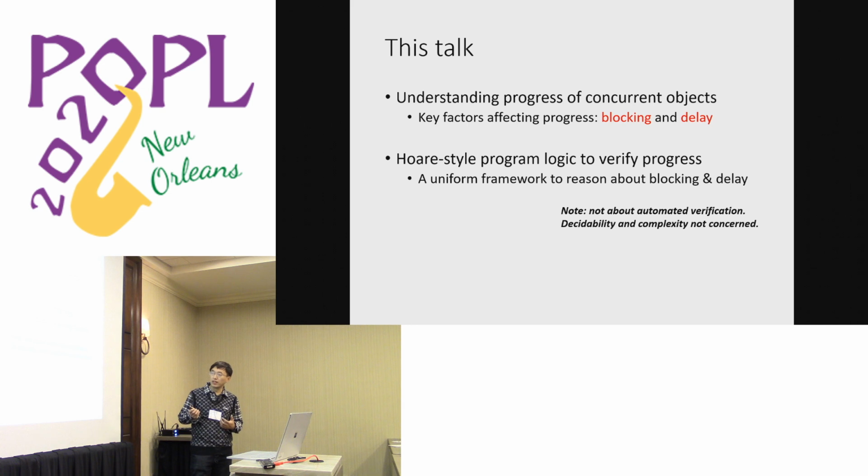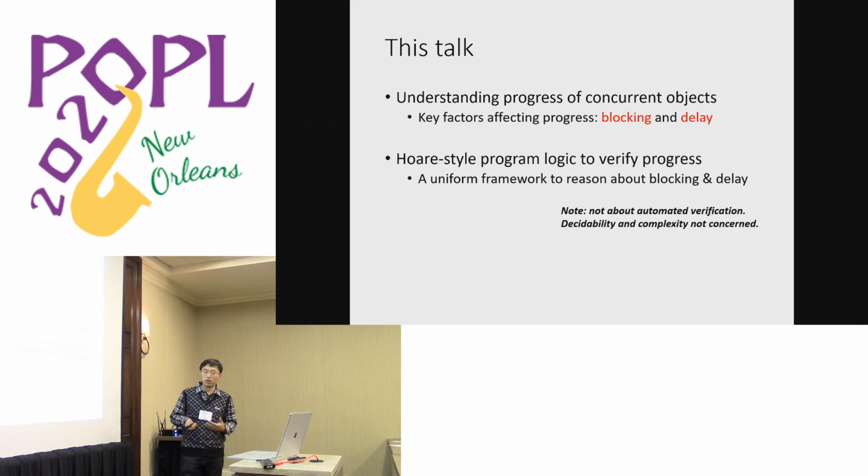Then, based on this understanding, we propose a new Hoare-style program logic to verify progress. It gives us a uniform framework to reason about all these different progress properties. I also want to clarify that this verification work is not about automated verification. It's more like designing a new set of logical rules, or you could view it as some kind of axiomatic semantics of concurrent objects. Hopefully it may serve as the basis for future work on automation, but the work itself is not worried